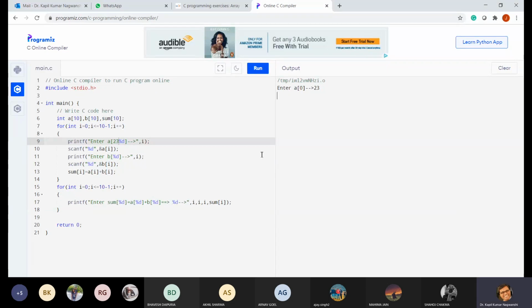It is a very slow compiler. a[0] 34. I don't know why it is not.